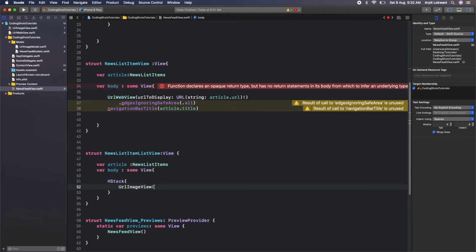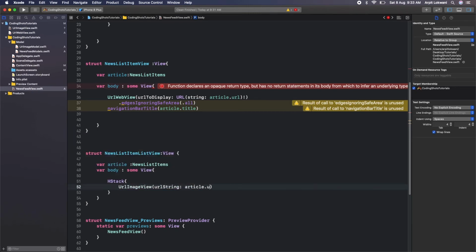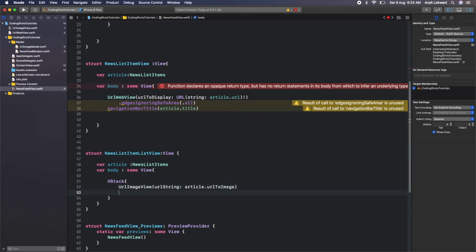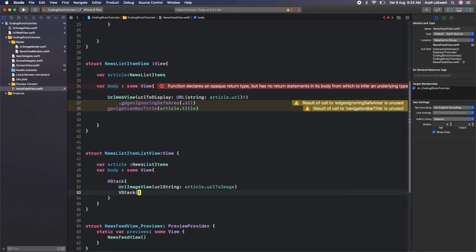Okay, and we need to pass the URL string, and we have that article. So from the article we can take the help to URL to image. Okay, and we can say vertical stack dot alignment.